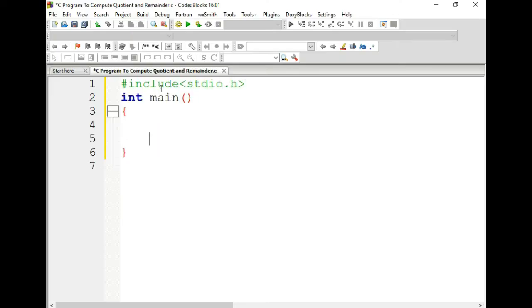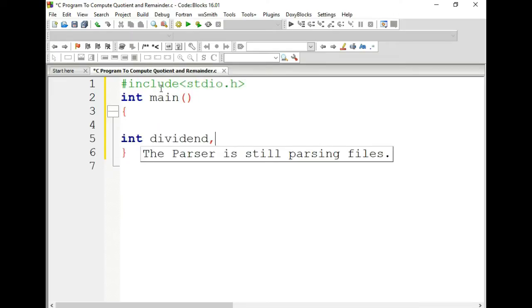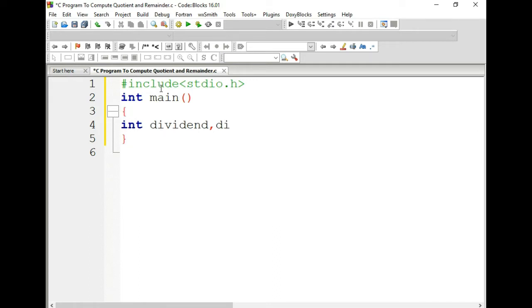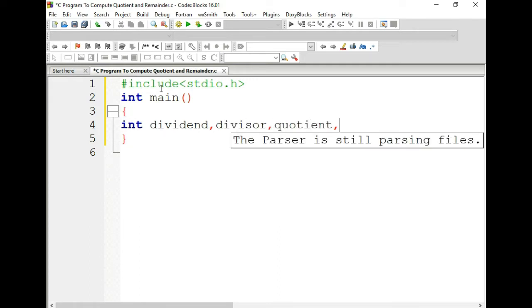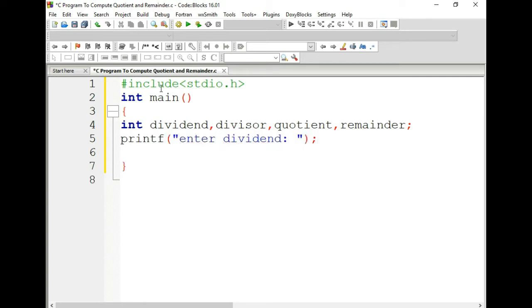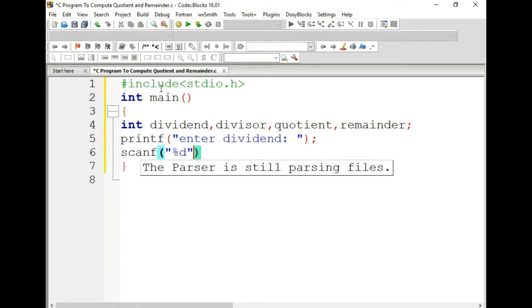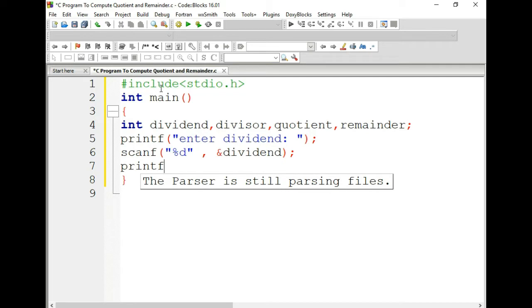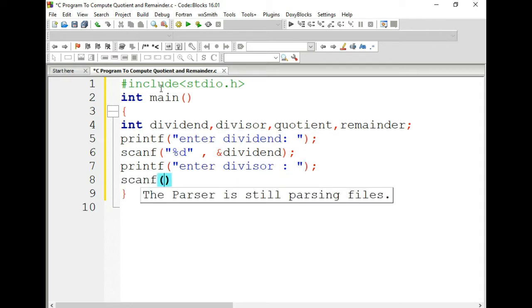#include <stdio.h>, int main, int dividend, divisor, quotient, and remainder. printf("Enter dividend"); scanf("%d", &dividend); printf("Enter divisor"); scanf("%d", &divisor);